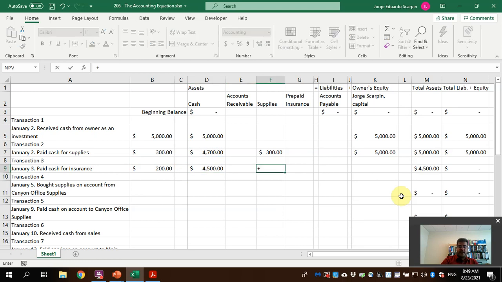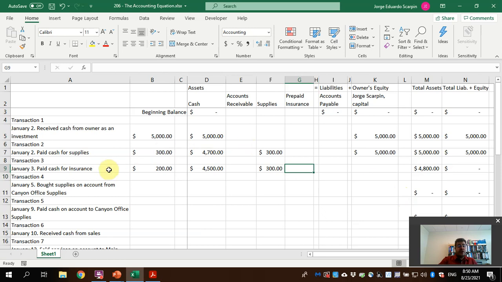Supplies remain the same, so equal our previous number. Prepaid insurance. Why is it prepaid insurance? Usually, I pay insurance not only for today. I pay it for usually 1 year. So, I am the owner of this insurance for the 12 remaining months, or I am controlling this insurance for the remaining